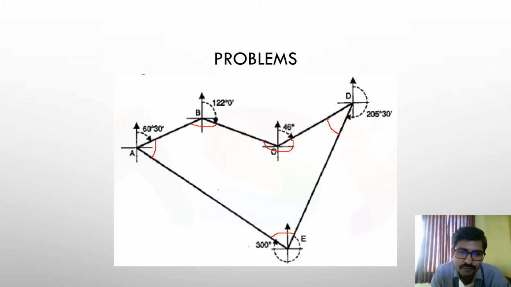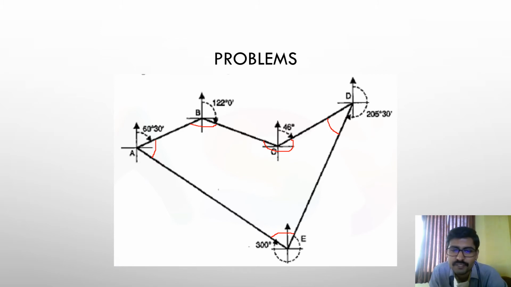Then at B also you are supposed to draw the north direction and put up a plus mark there, right? So the arrow mark at the top shows the north direction. Now look at the second line. Line BC has a bearing of 122 degree, right? So from north, 90 degree is east, so it will be in the southeast quadrant. So 122 degree will be somewhere here. So you can see that line BC is at an angle of 122 degree from north.